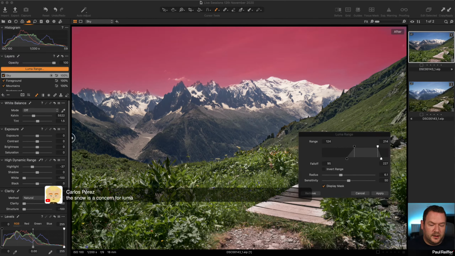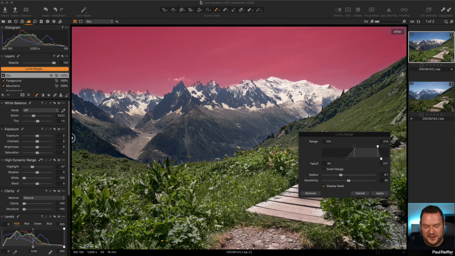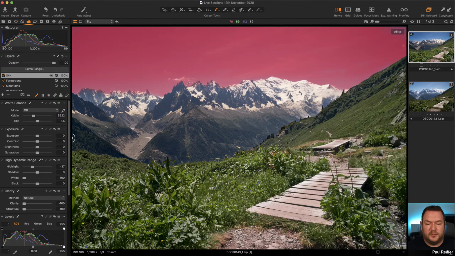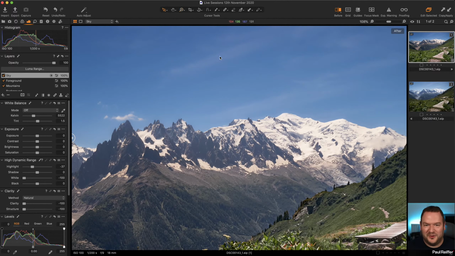Now, Carlos just said, so the snow's a concern for Luma. It is, but here's the fun thing with this. If I look at my mask, let's just apply that. The temptation is to think that we can't use Luma because the clouds are white. Well, actually, clouds aren't in here. So my cloud here, if we look at these numbers, 104, 130, or 107, 133, 183, they're pretty mid-tony, and